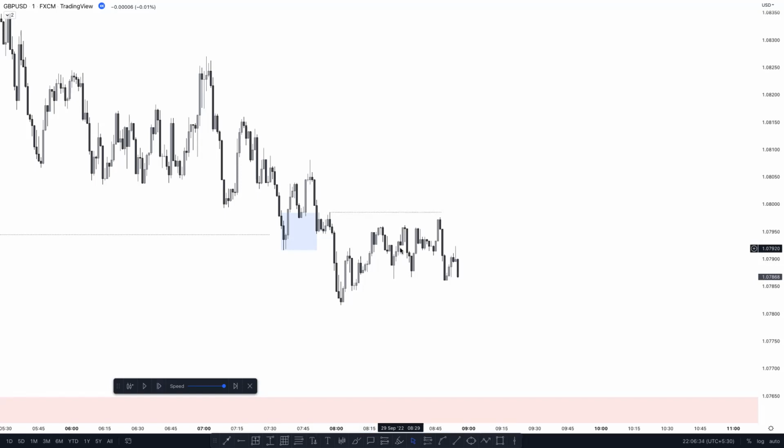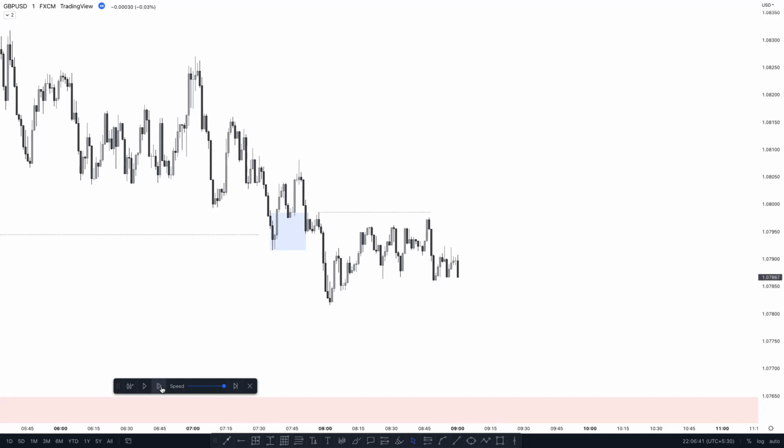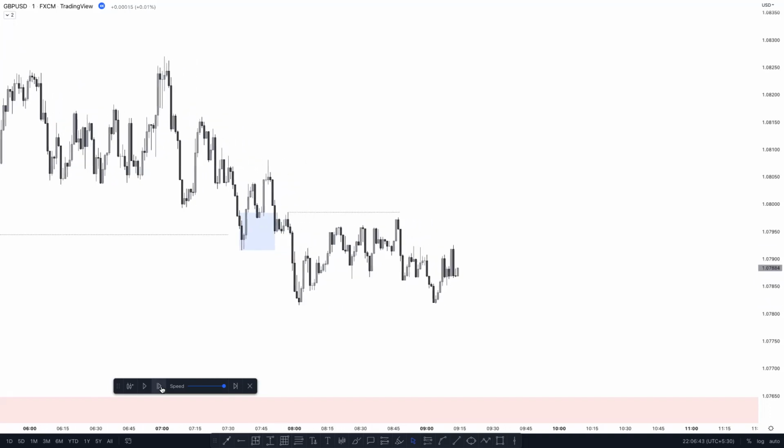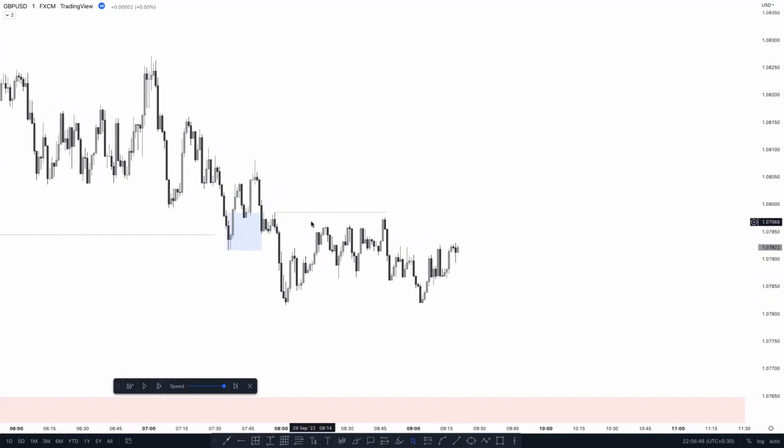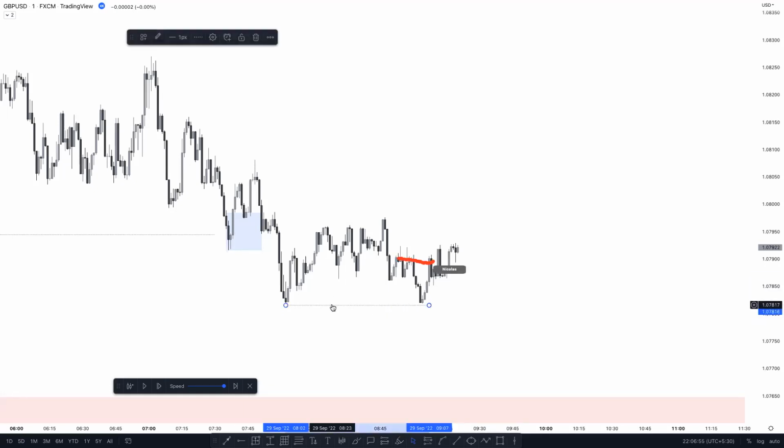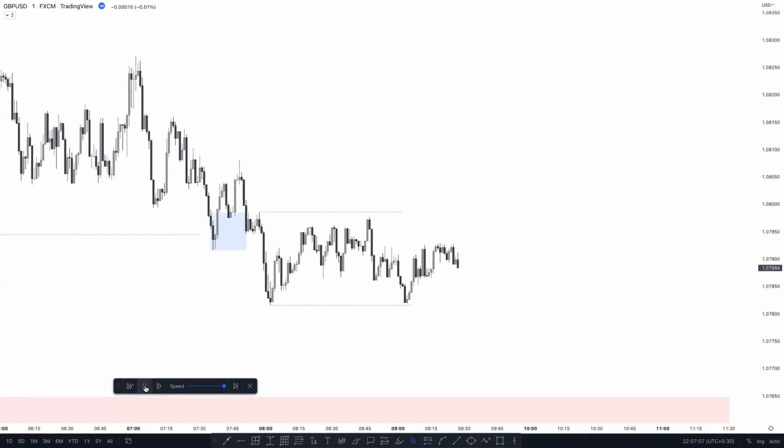So CHoCH first taken out the internal high. Exactly. But market must be taken out the inducement. Okay. All right. So I think on the left side, is there a low break or not? Let me check first. There is no break. So still our CHoCH. No, this is not the CHoCH. CHoCH still is here. Market trading between this high to this low. If market breaks this low, then this will be our CHoCH. Okay. So let's see